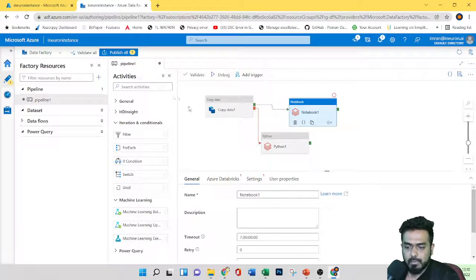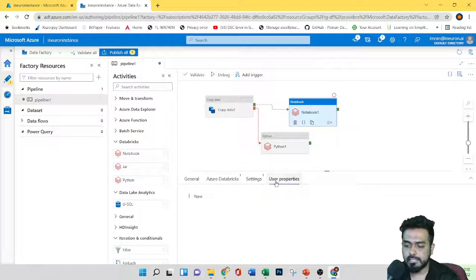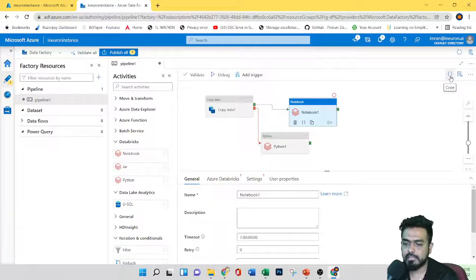In this video, I just wanted to convey more information about pipelines: how to create a pipeline and how we can add activities to it, right? For each activity we have different settings which we can change, and we can access the code. Once we run validate, we can publish this pipeline and run it using the add triggers. So this is all about pipelines. I hope you understood. Now let's continue our discussion in the next video.